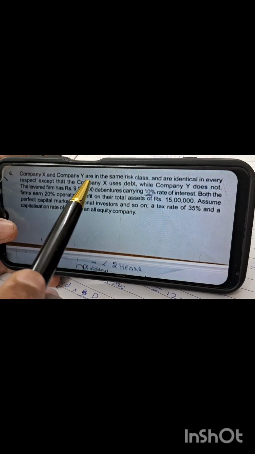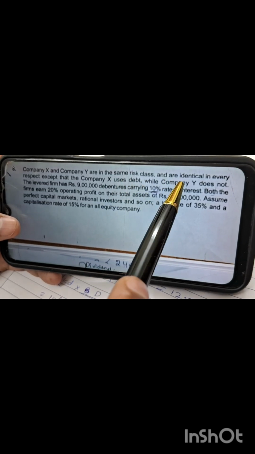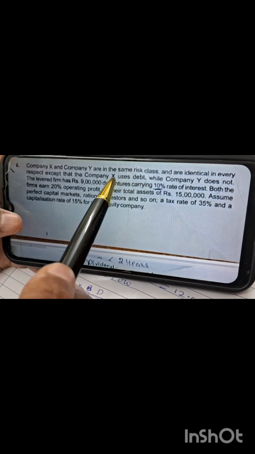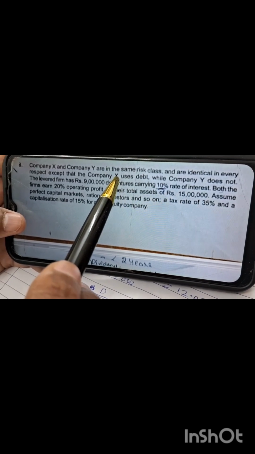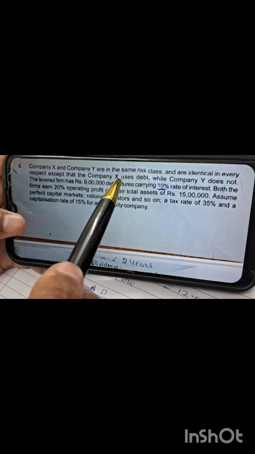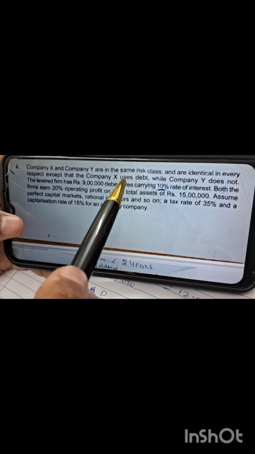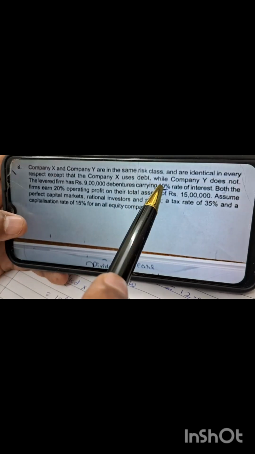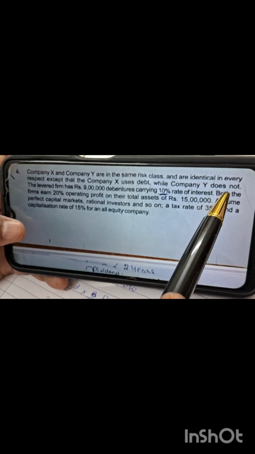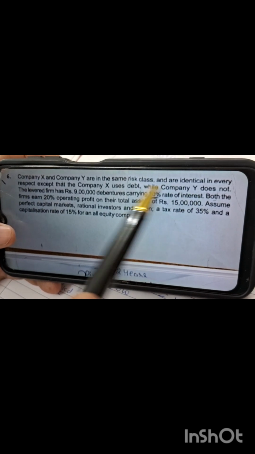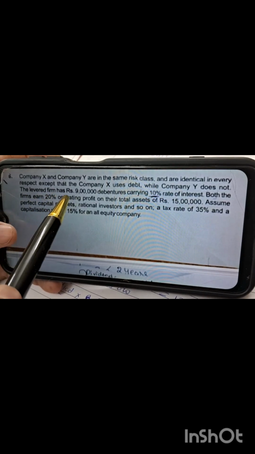Company X and company Y are in the same risk class and are identical in every respect except that company X uses debt. That means X is levered, because there are two sources, equity as well as debt. Levered means additional capital, while company Y doesn't. So Y has no debenture, only equity. The levered firm has rupees 9 lakh